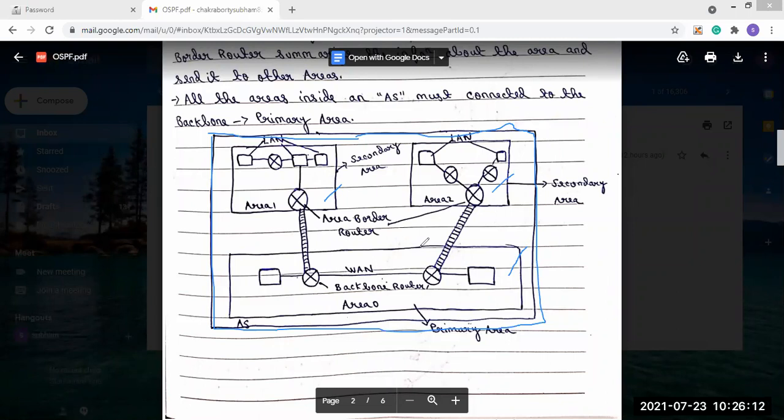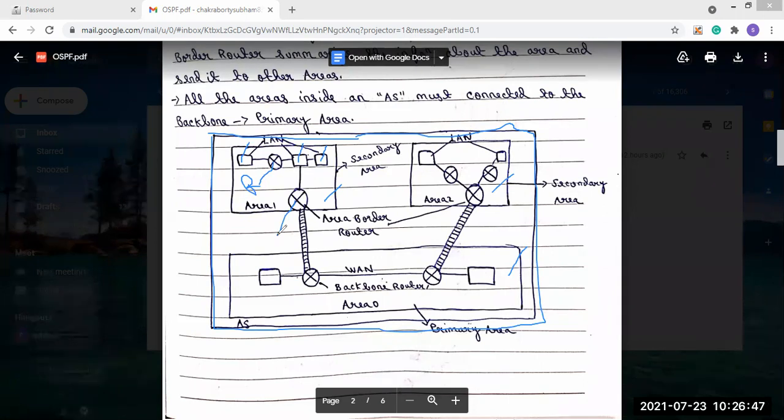Now, inside the areas, you can see what the areas will contain. The areas will contain LANs. Here you can see this is a LAN, this is a LAN, this is a LAN. So inside the area, it will contain LANs, routers, and one area border router. This is a LAN, and this is a router. This is a router, and this is called the area border router.